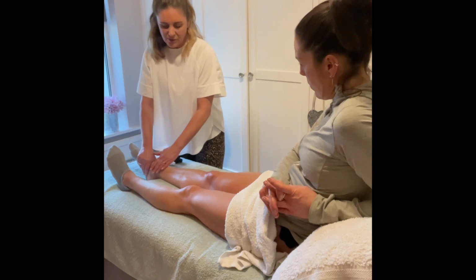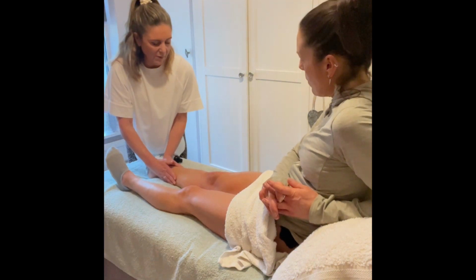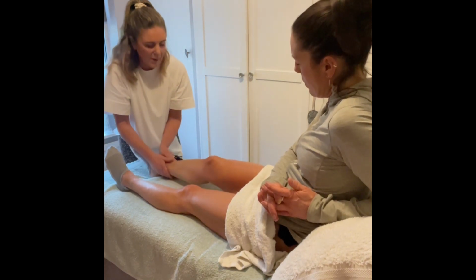So just start off by, I'm going to be doing this on Lindsay, she can show you with her legs. You're going to start off massaging the three major muscle groups, so your calf, your quads and your hamstrings. With the calves, you're always working up,